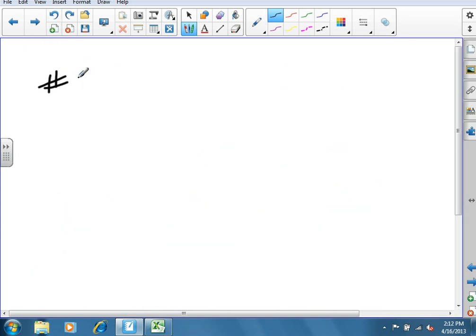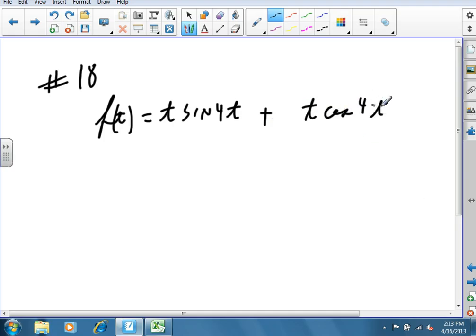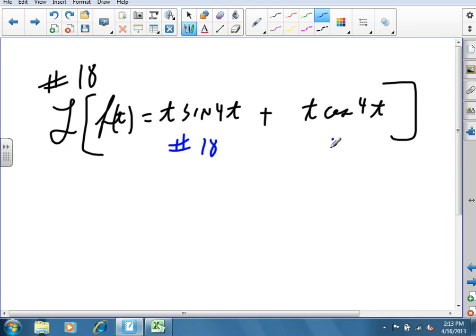All right. So now we're going to do, after number 6 comes number 18. I hope they get harder than this. 18. F of t is t sine 4t plus t cosine 4t, and I want the Laplace transform. I see that the first one is number 18, and the second one is number 19. And I write down F of s is,